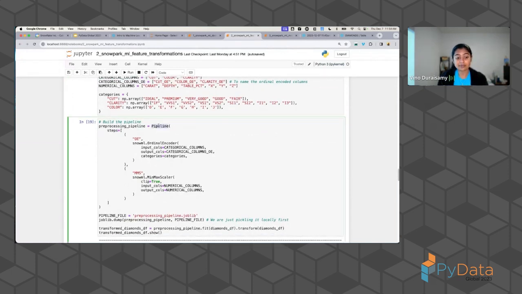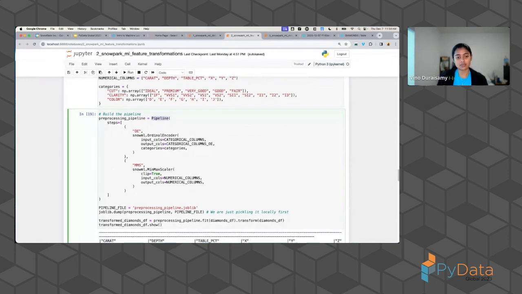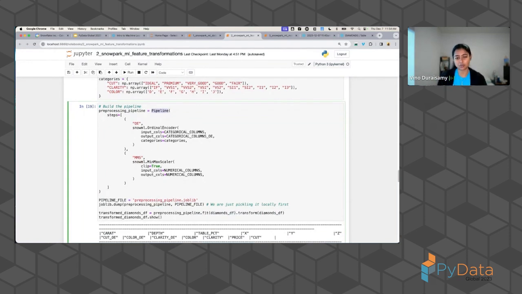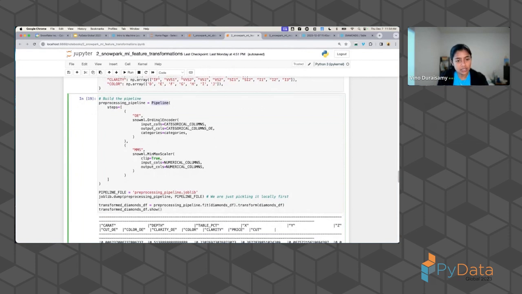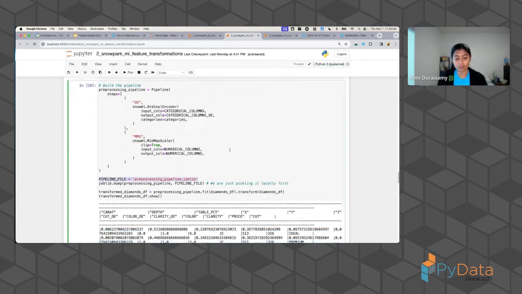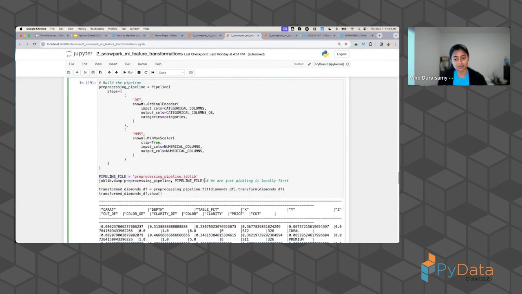And here is the pipeline function. It's very similar to the scikit-learn pipeline. Again, you can define your entire pre-processing, standardizing, normalizing, and actual training pipeline. Here we only have two pre-processing functions: one is the ordinal encoder and the other is the min-max scaler for the carat column. Once you do that, you can define your pipeline file as a joblib and then add it to the